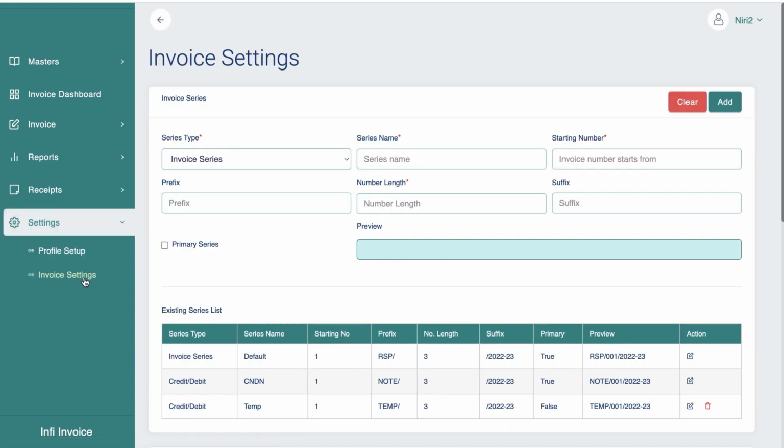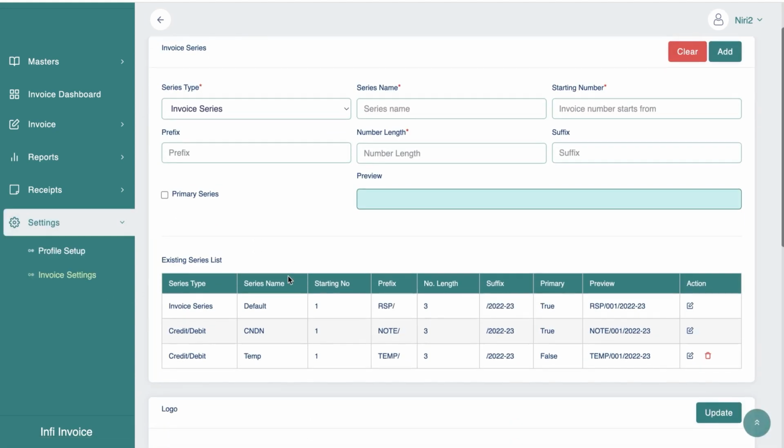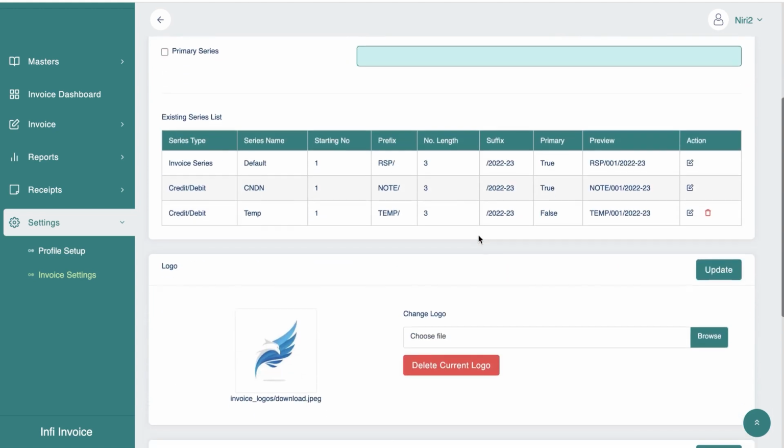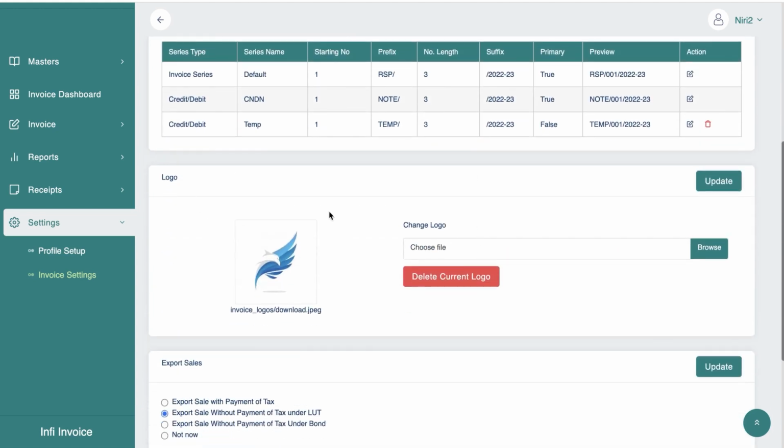Under invoice settings, you can create an invoice series for your invoice and for your credit note, debit note, and also set it as a primary series, which means that this series is the default series. You can also choose your logo,